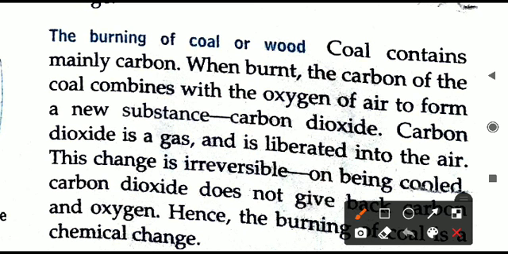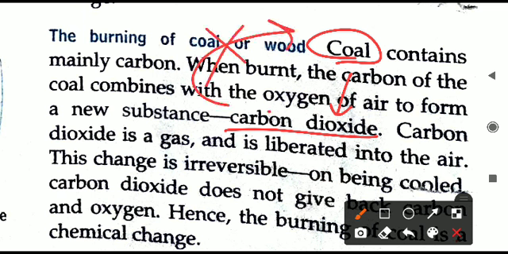When we are burning, it is producing a new product. Basically energy is given, heat energy is released. When we are burning coal, what is produced? The burning of the coal produces a new substance called carbon dioxide. That is the gas that is produced. So because it is a new product, we can say it is a chemical change. Also, from carbon dioxide we cannot get coal, it is not possible, so the change is irreversible also.